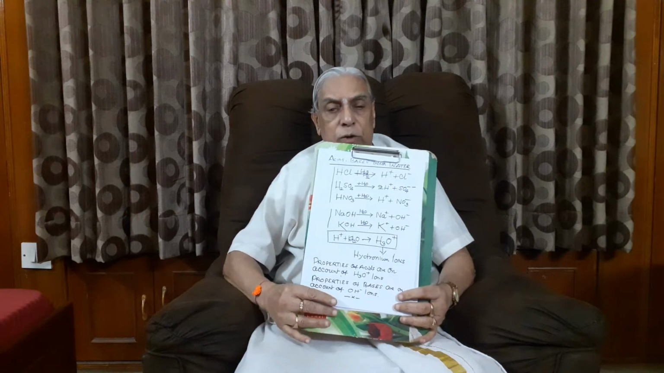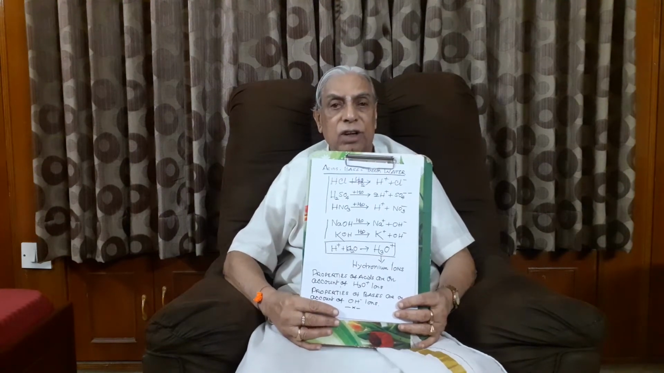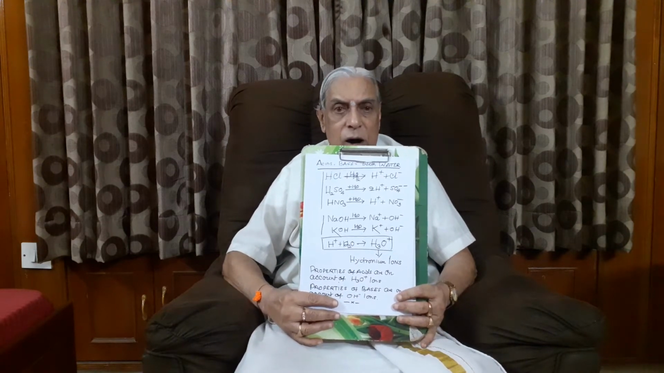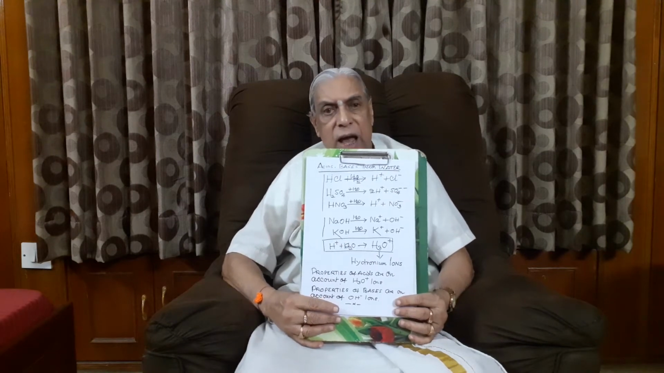Here I have taken three acids for consideration. You are already familiar with them. What are those acids? Hydrochloric acid, that is HCl. Sulfuric acid, that is H2SO4. Nitric acid, HNO3. Now let us see what will happen when hydrochloric acid dissolves in water. When hydrochloric acid dissolves in water, it breaks up into its fundamental ions, H plus ions and Cl minus ions. Similarly, sulfuric acid, when it dissolves in water, breaks up into H plus ions and SO4